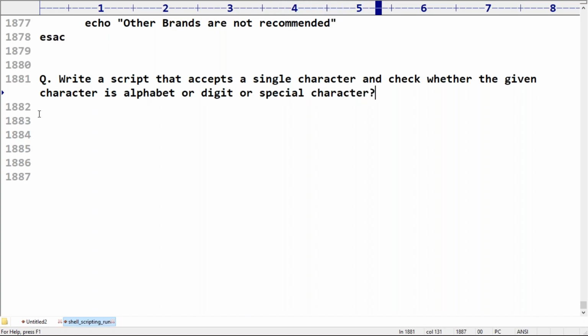You have to enter a single character, and our script has to tell whether it is an alphabet symbol, a digit, or a special character. So compulsorily you should be aware of regular expressions, wildcard characters, and patterns.